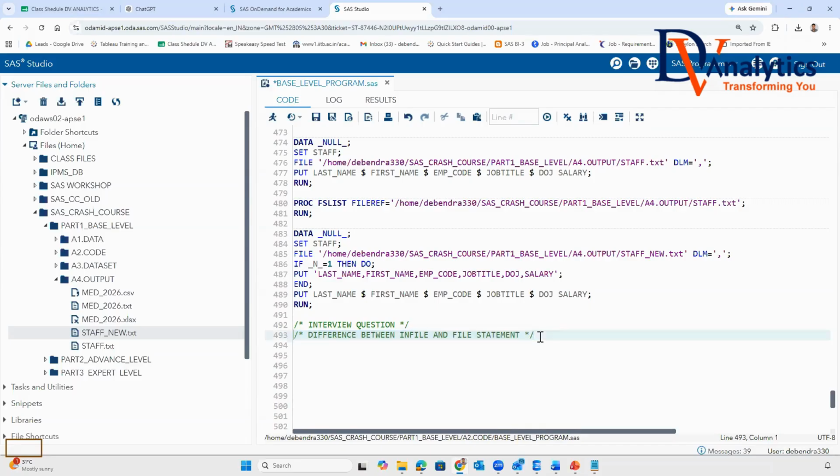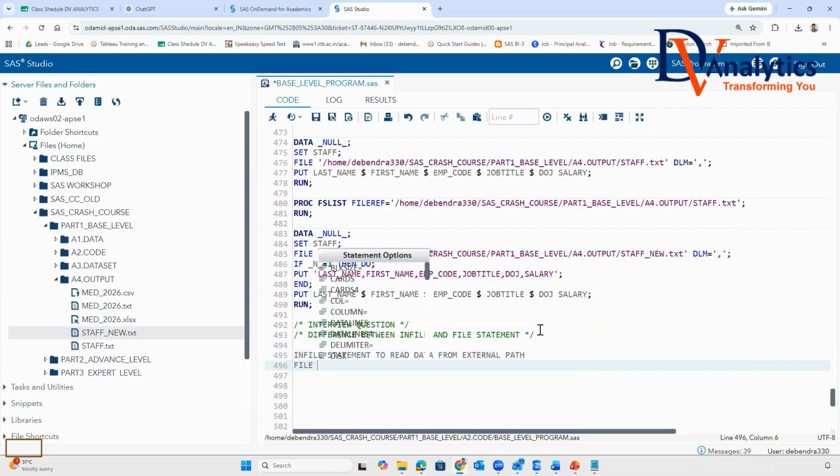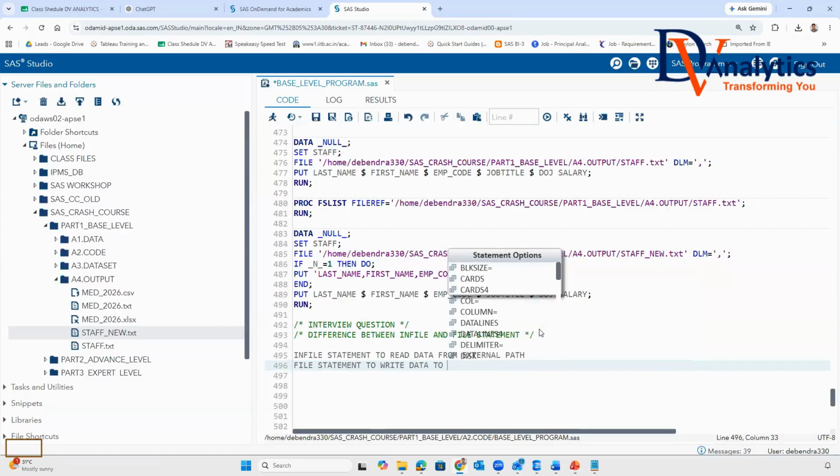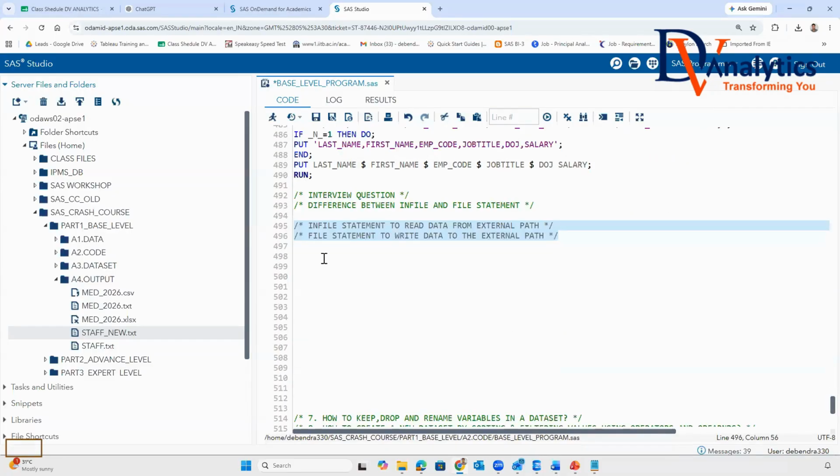You will say in the answer, infile statement to read data from external path, file statement to write data to the external path. So this is how we have to run the program to understand this.